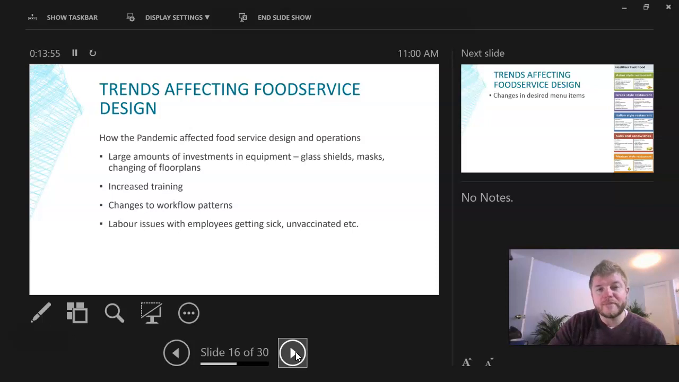As mentioned before, the pandemic has also really impacted food service design and operations. So this is the large amounts of investments in equipment, glass shields and masks, changing of floor plans, reduced seating. This has had a huge impact, but those are things that we can see. What we can't really see is the changes to the workflow patterns, the cost of increased training that everyone has to do, the cost of PPE as well. And then also some of the labor issues